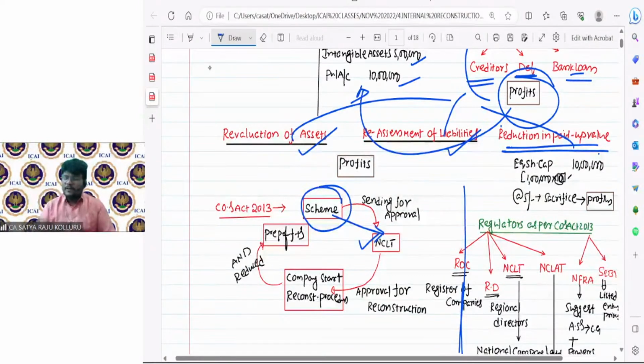Then after checking each and every provision, if it is justifiable to all the parties, and if it feels that rather than going for liquidation, it is better to conduct the internal reconstruction procedure,